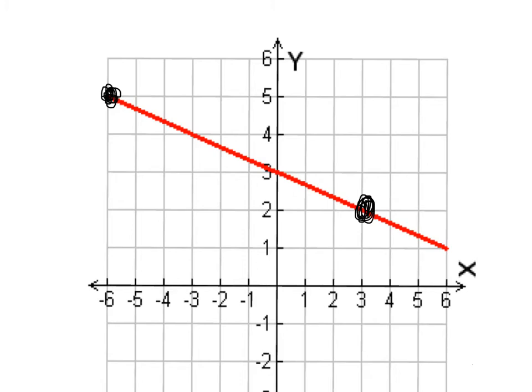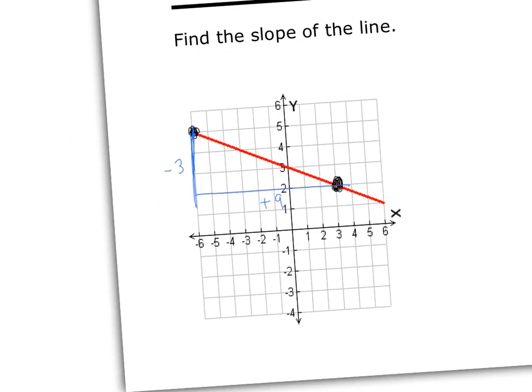Okay, so the first time I'm going to do our rise. How much is my change from this point to our next one? Okay, and that looks like a -3 rise. Okay, and I want to run 1, 2, 3, 4, 5, 6, 7, 8, 9. So it looks like it's a +9 run. So our rise over run would be -3 over 9, or